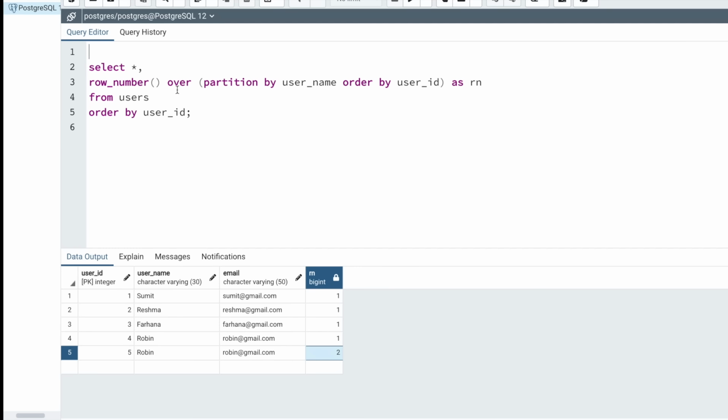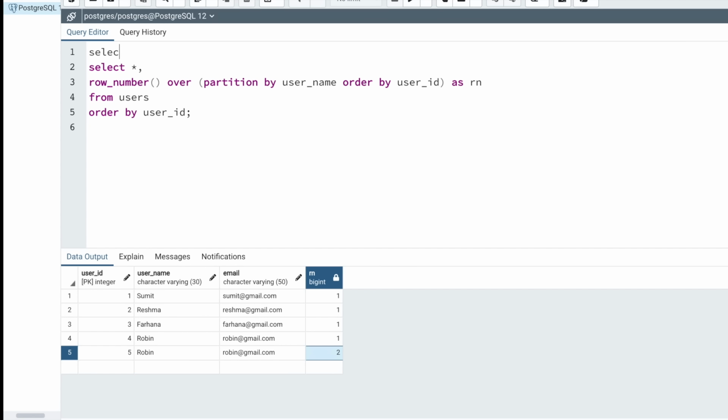So basically all the results that we have got from this query, we are going to park inside a subquery, and then in the main query, we'll make sure to fetch only the records where the row number is 2 or anything other than 1. Okay, so we get all the duplicate records.